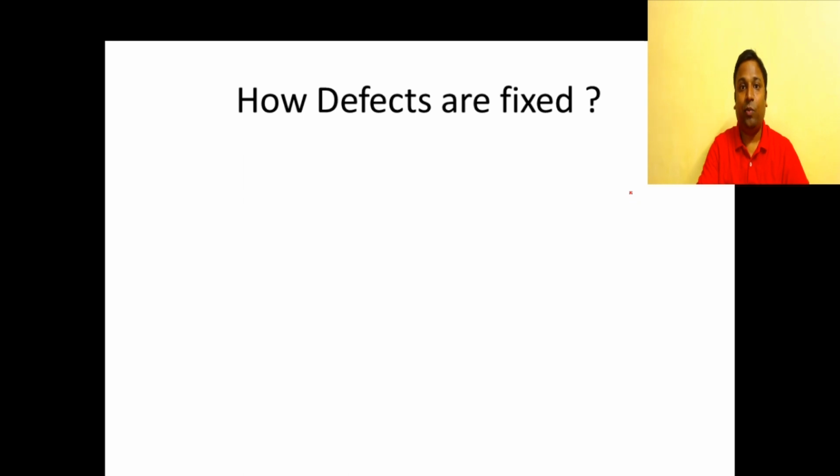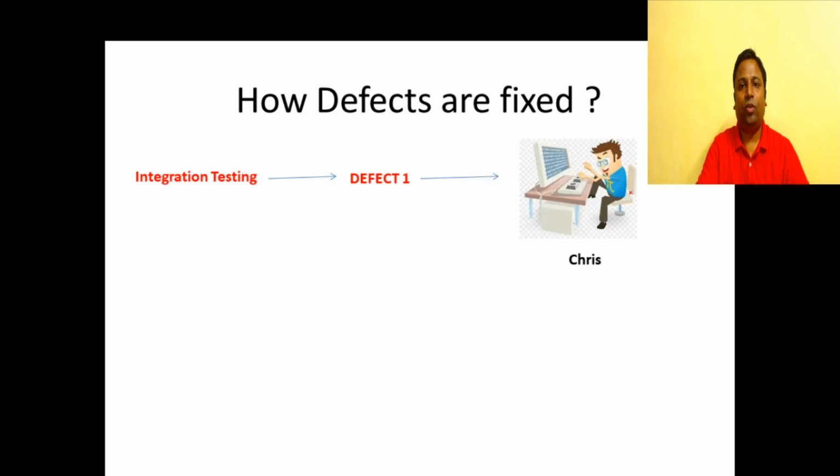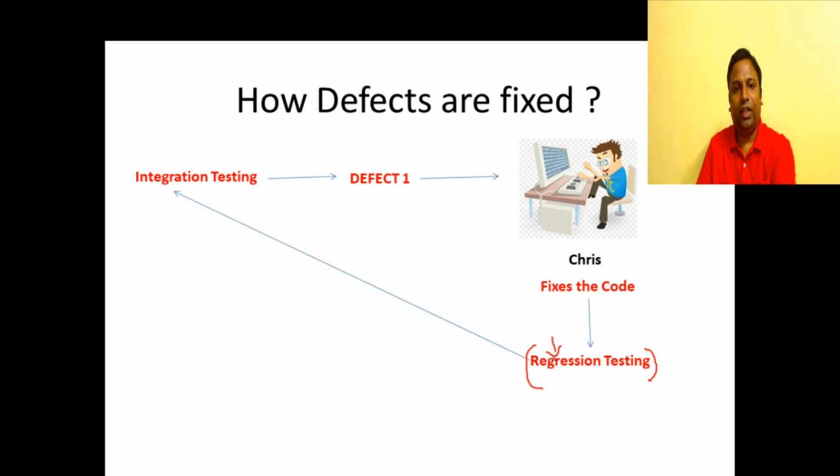So you have to understand one important thing here. That is, when you perform integration tests and you get a defect, you'll be informing the concerned programmer, and that concerned programmer will fix the code. Again, you'll be doing regression testing. So by regression testing, you will check whether the changes that he has made to the code has really impacted any other part of the code. So he's again going to run all the test cases that he has used for unit testing, test his code, and then he will go with the next level of integration testing. Again, they should run all the test cases to ensure that nothing has been impacted, and then they have to go with the final approval for the system.